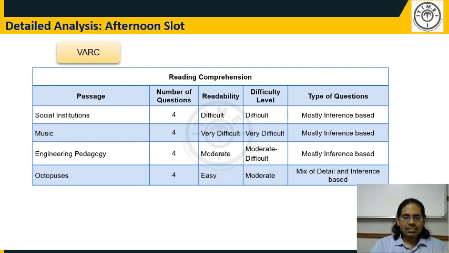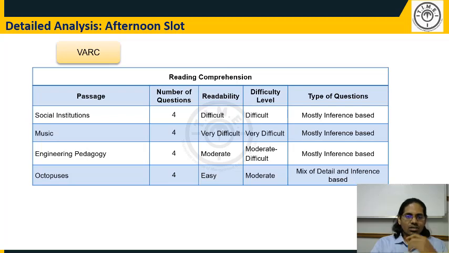Now, one of the main challenges in this section is that the questions were a little twisted. So some of the questions were, which of the following, if false, would undermine the author's conclusion. Now, to arrive at what is actually being asked, that itself is like solving a little reasoning puzzle. Because it was so twisted, we have to understand what is being asked, and only then can one solve the question